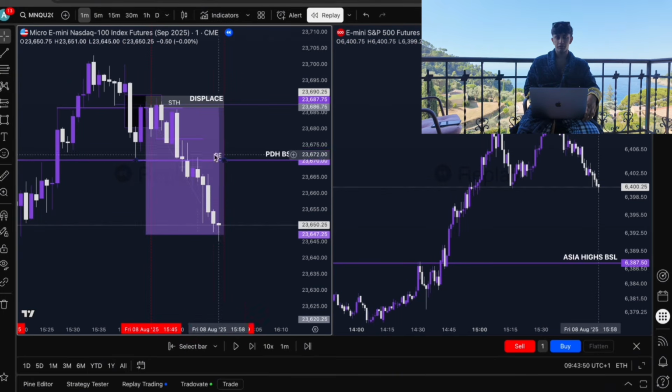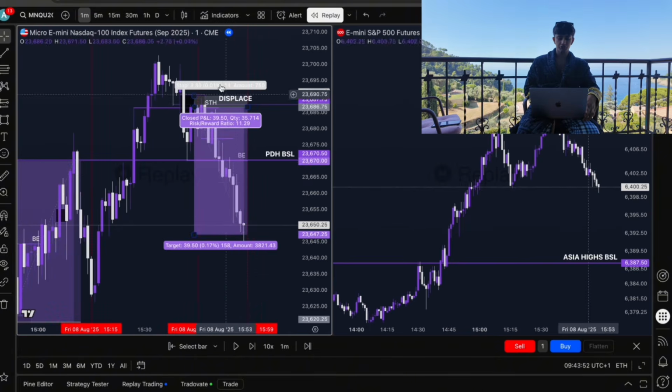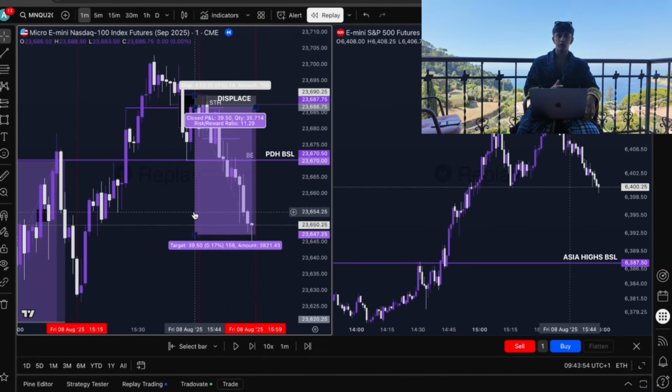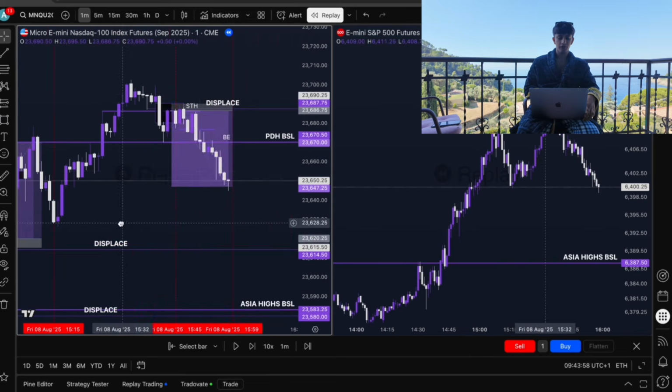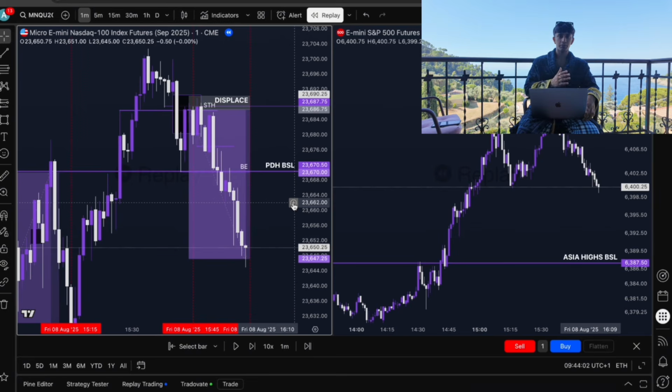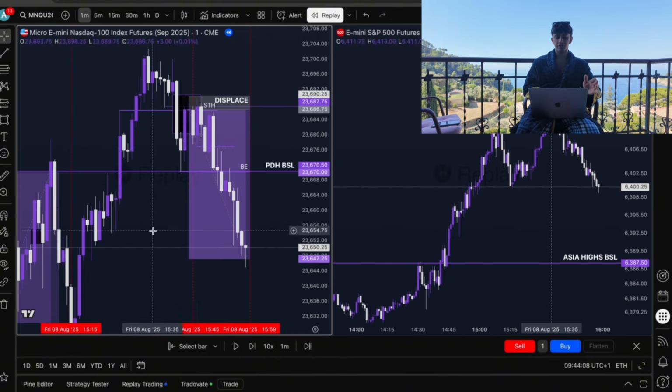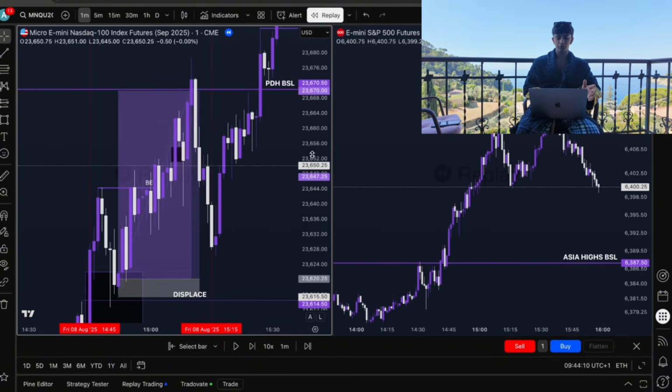And there we have it. Final TP smashed. And that is the 2 scenarios you could have taken on Friday's session, where we have the long inside of the first day macro and then the shorts inside the second day macro. Now, personally, looking back at these trades, I would have much preferred to take the shorts, because that is a model that I would trade every single day, 100%. Whereas this is more of a continuation model.